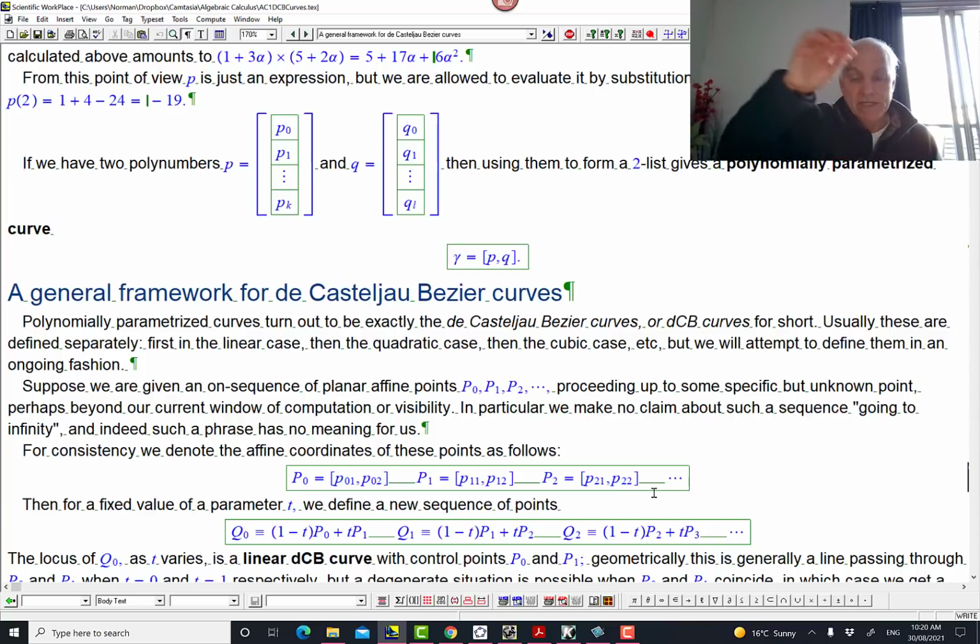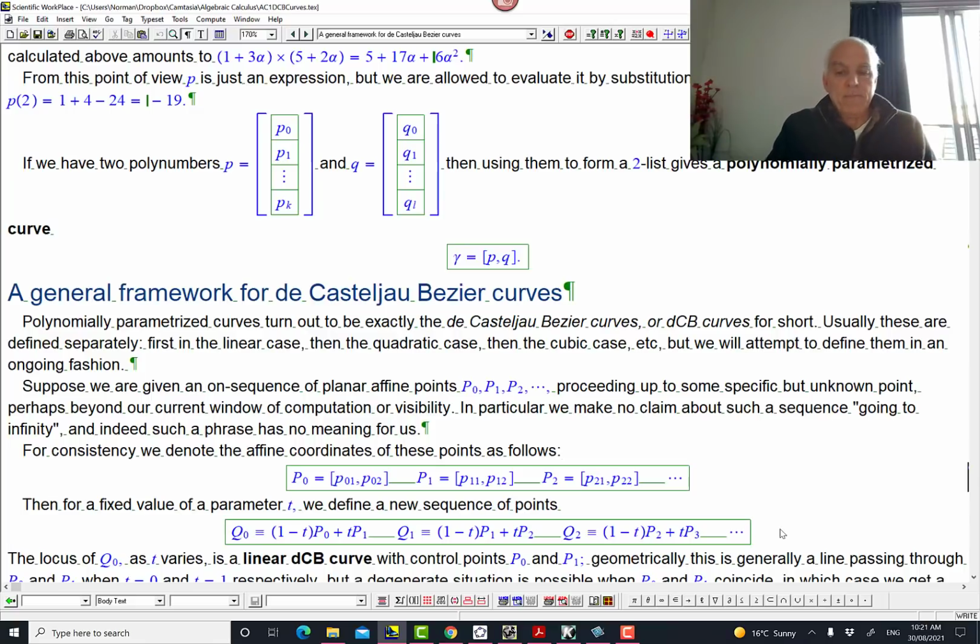Okay, so remember what we did in the GeoGebra app is we introduced from the P points the Q points. Okay, and here's the formula that we used. That Q0 was this affine combination of P0 and P1, depending on a parameter T. So we're thinking about a parameter T. For now, you can think of T as being a number between 0 and 1. So there's Q0, and correspondingly, Q1 is just what you get when you bump up all the indices by 1. Q2 is what you get when you bump up all the indices by another 1, etc.